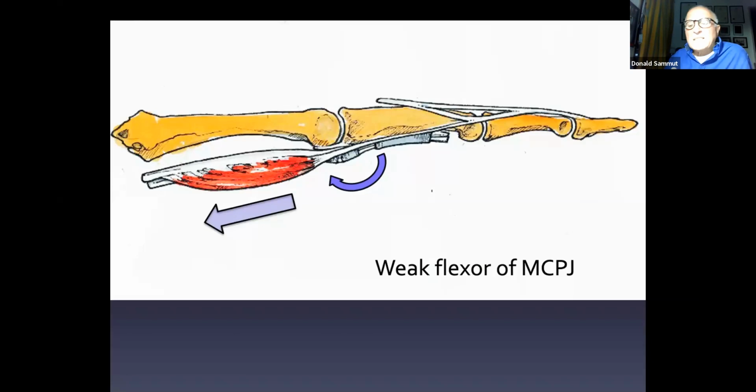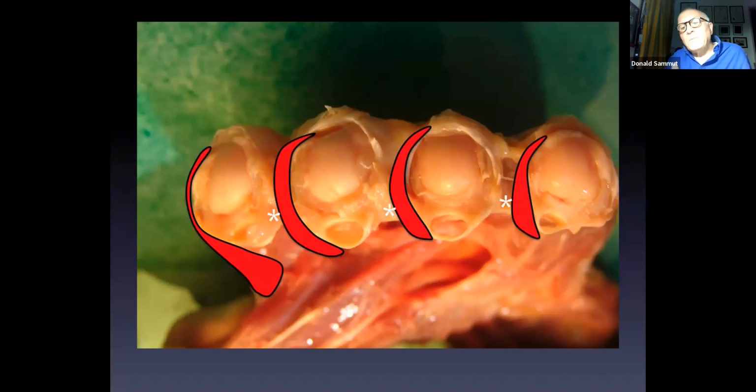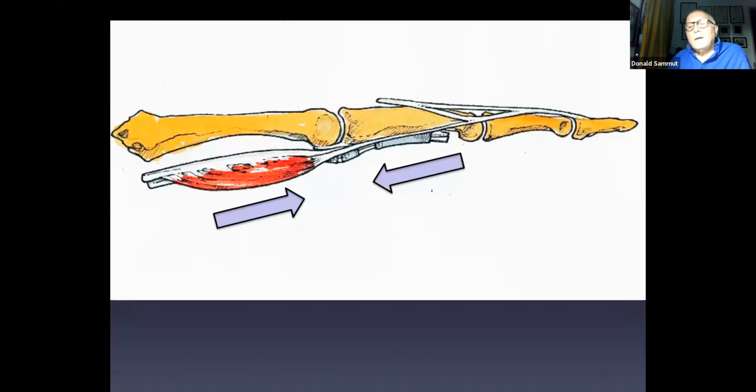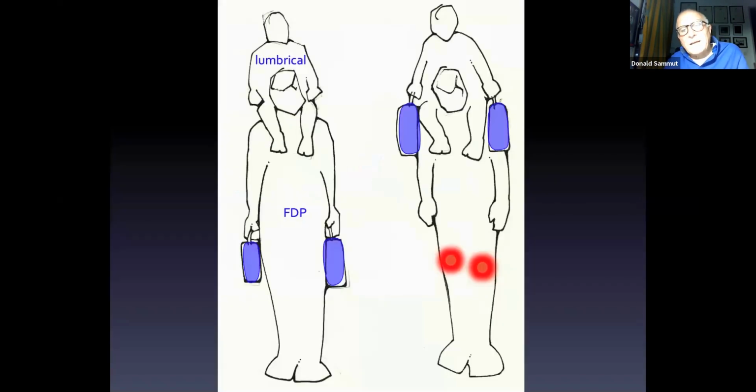The lumbrical is a weak flexor of the MCP joint. And the reason it's weak is, although it's got a good moment arm, remember it's the only muscle that goes volar to the intermetacarpal ligament, the others are all dorsal. If it contracts, any pull proximally that it achieves is balanced by a pull distally of the flexor from which it arises. And so Brand in his book rather amusingly describes it as the son riding on the father's shoulders